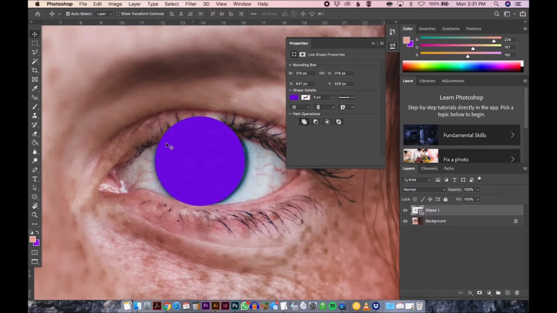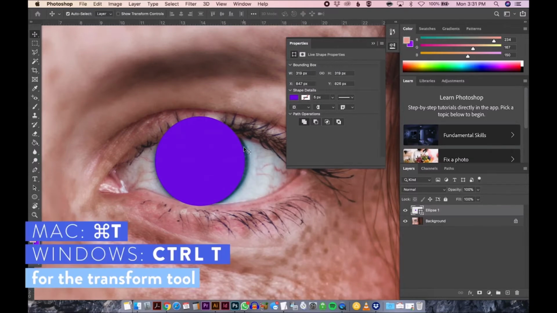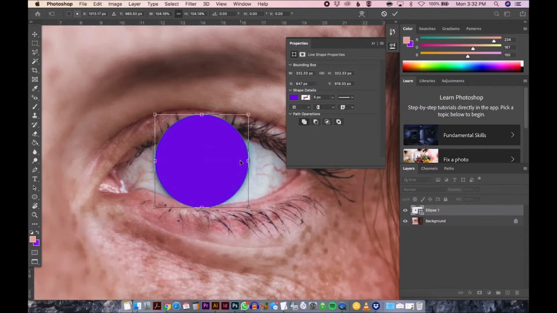I need to make it a little bit bigger to fill this sliver over here, so I'm going to use the transform tool for that. So Command T brings up transform, and now I can just click and pull it out a little bit more to fully cover that iris, and then press enter to set the transformation. All right, cool. So we have that purple circle that's fully covered the iris of her eye, but obviously it